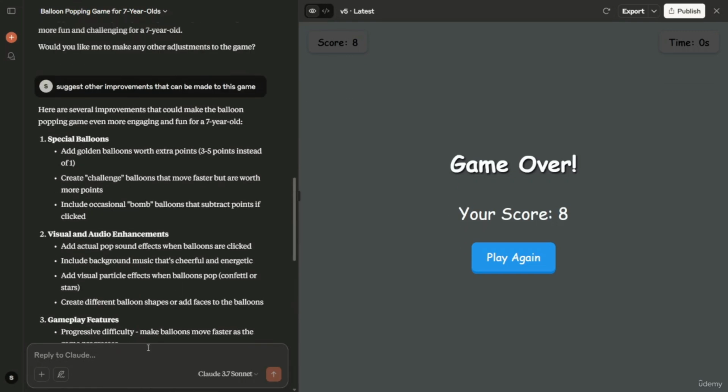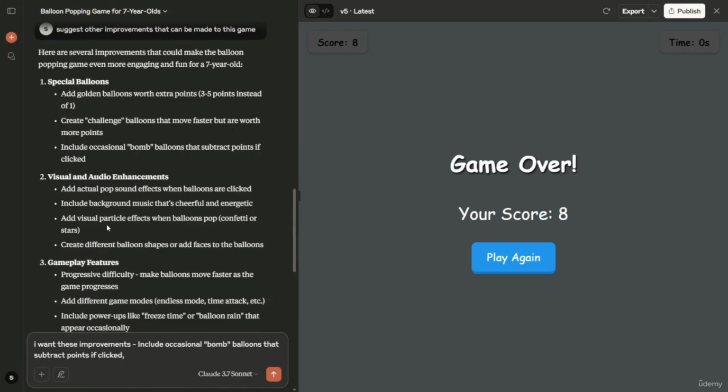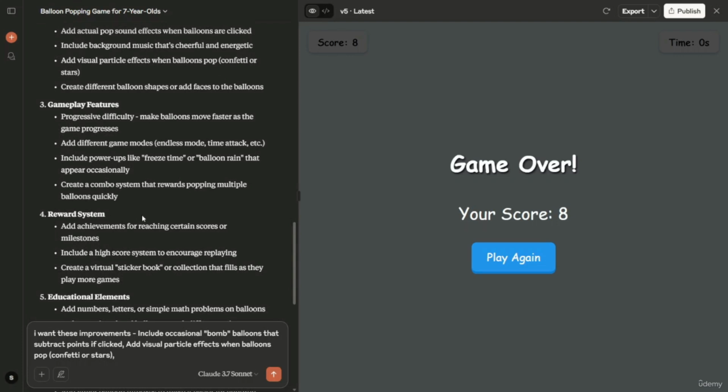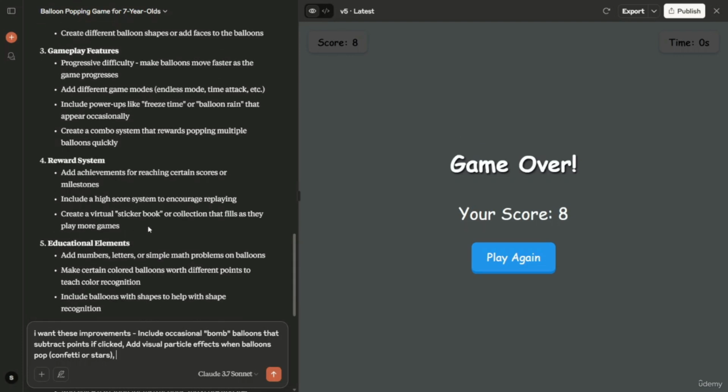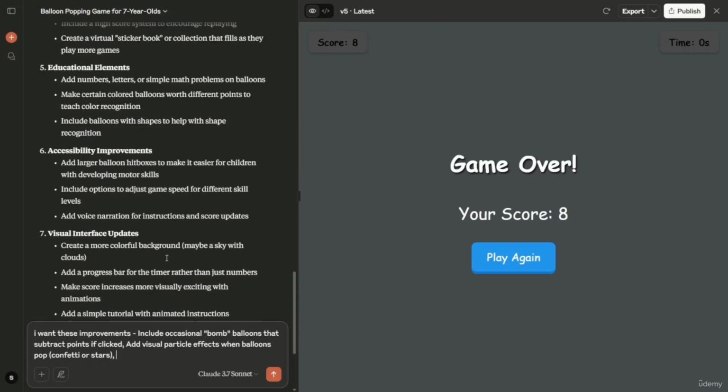So the specific improvements I want are these. Let me copy them directly: include occasional bombs. I will give it that one. Background music, visual particle effect when the balloon pops. I want that one. And the third one was progressive difficulty, different game modes, power-ups, combo system. Maybe this combo system, include a high score, create a virtual sticker book or collection that fills as they play more games. Larger balloons, voice narration,